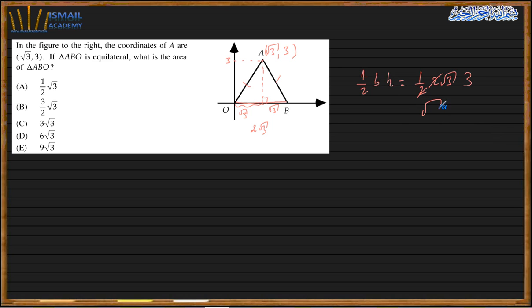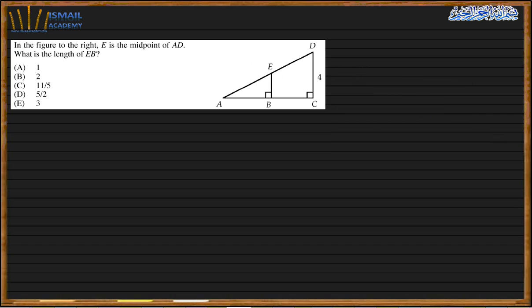So cancel the 2: it is square root of 3 times 3, which is 3 square root of 3, and C is my answer. Next question. In the figure to the right, E is the midpoint of AD, so it's the midpoint, which